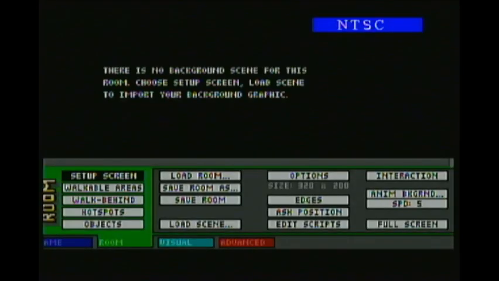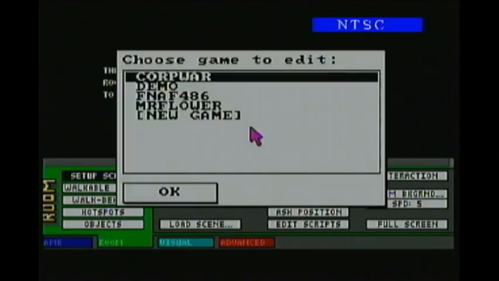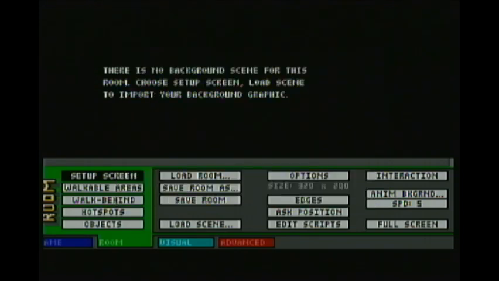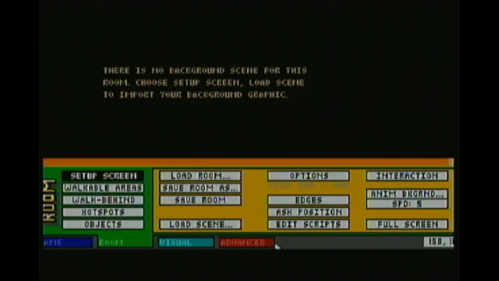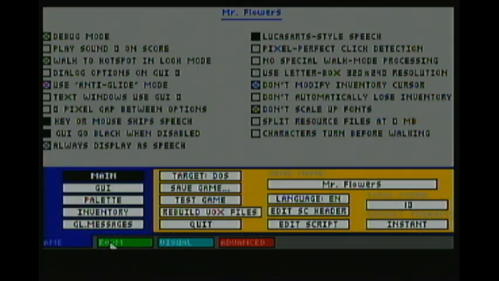Anyway, while we're in here, we're going to go to Room Edit, and hopefully this doesn't crash. So I'm going to go in here and wait. We're going to pick a game of mine, probably, just to go over stuff. I think we'll pick Mr. Flower. That's like the most original thing I have. So we're going to go over